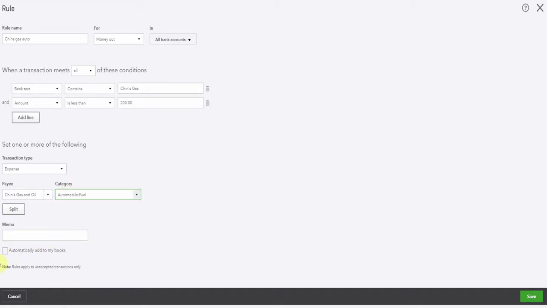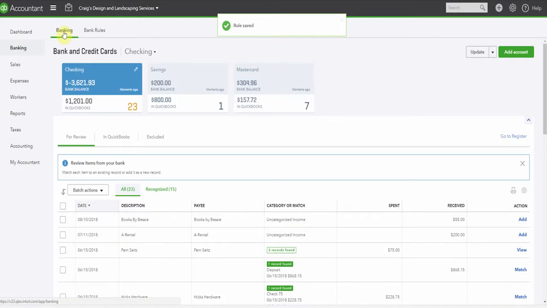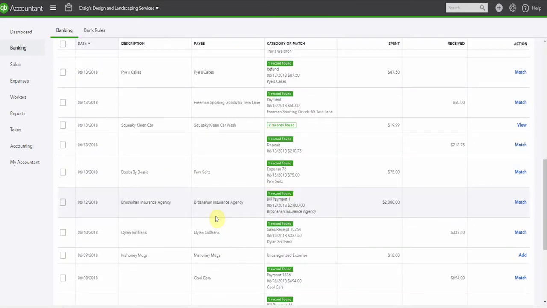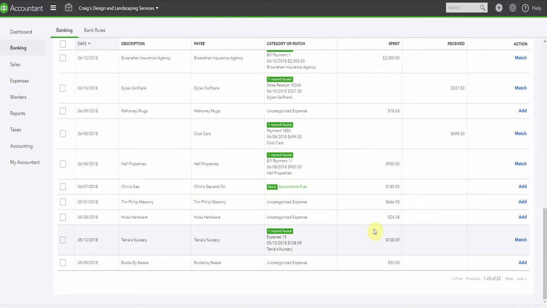We won't automatically add this because we might want to just check the transaction before we accept it. So we'll pop back to the bank feed here, go back to our Banking tab, For Review. If we pop down here, we can see, where's Chin's Gas gone? Here it is, Rule, Automobile Fuel. It's under $200. And I'm going to assume that I know that, yes, that's correct, and I'm going to add